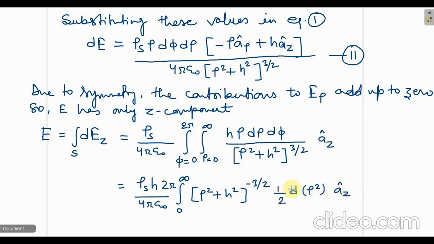We are adding this 1 by 2, and then it is being integrated with respect to this rho square. So further solving it, we will get this 4 pi and 2 pi will get cancelled, so rho s h upon 2 epsilon naught,